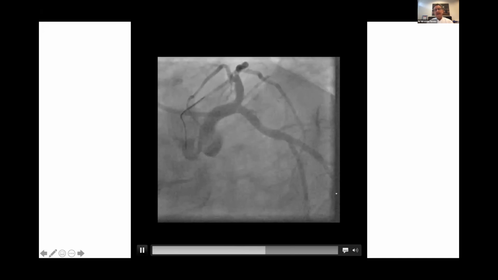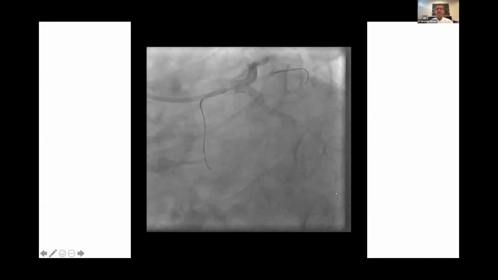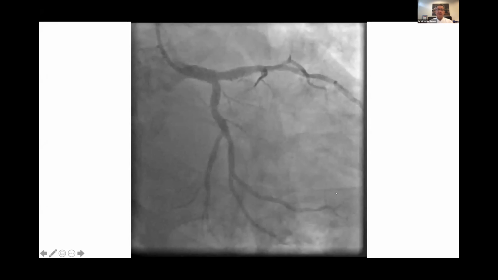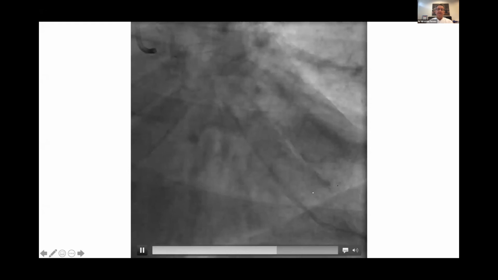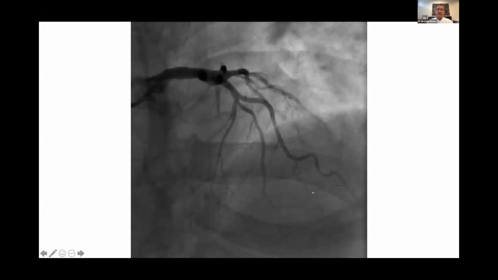this very nicely. What is really very, very important is to perform final kissing with 1-to-1 sized non-compliant balloons, which was done, and with POT. And this is now a case which is, I think, with according acute result, very nice performance with good results. This is the final result, and this patient came after 6 months, and you see this is of course a short-term follow-up, but a very nice result for this double stenting.